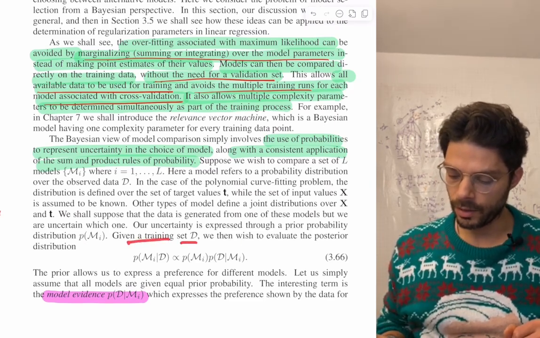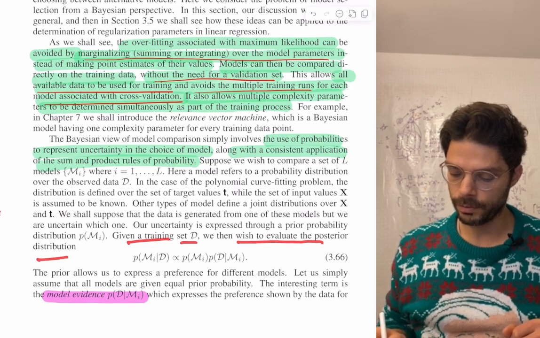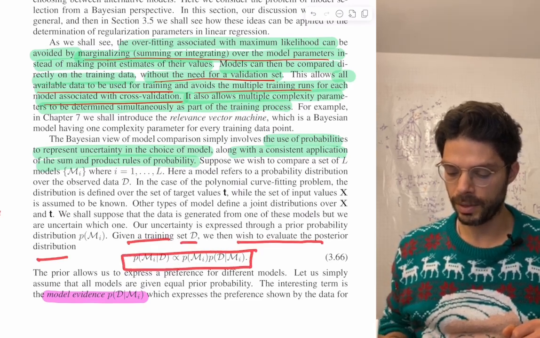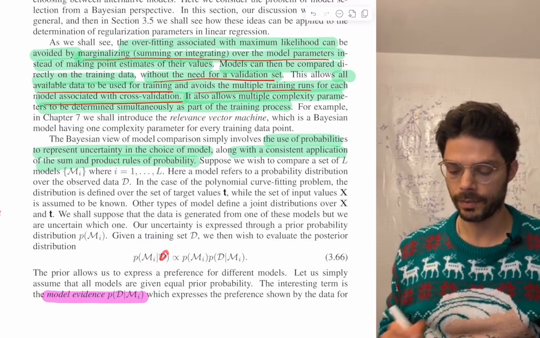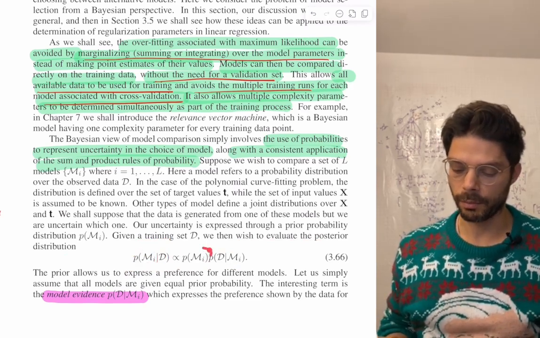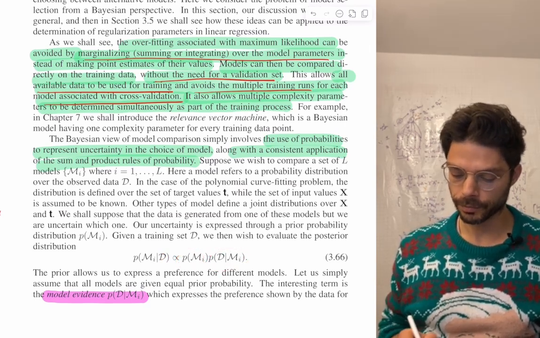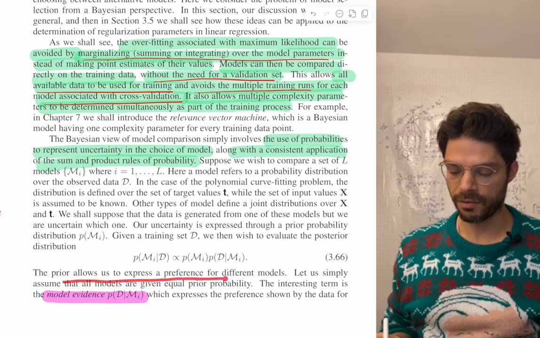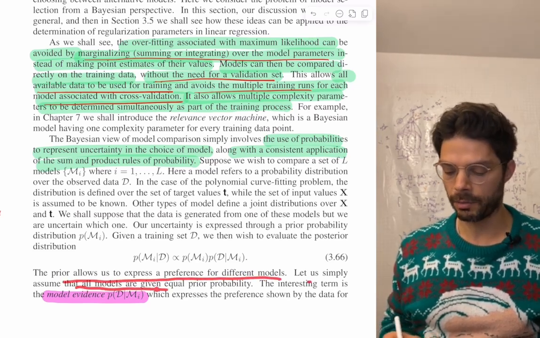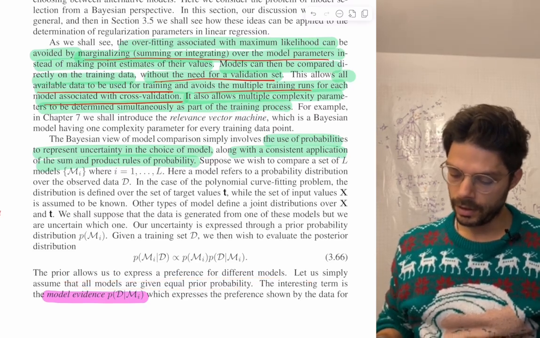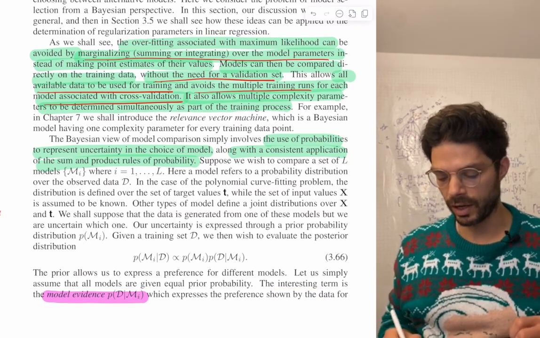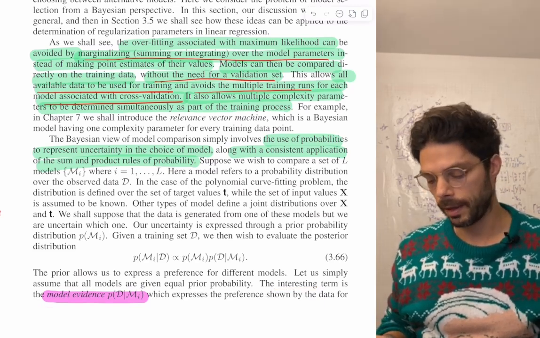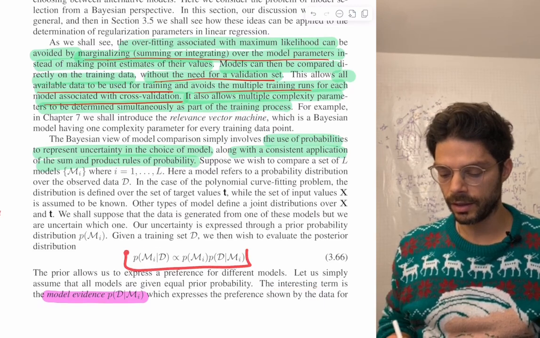So given a training data set, we then wish to evaluate the posterior distribution, that is, the posterior of my particular model given the data. And as usual, it's proportional to the prior times the likelihood of that model. The prior allows us to express a preference for different models, and let us simply assume that all models are given equal probability. The interesting term is then the model evidence. There's a bit of terminology you have to remember, but you can always look it up. The key is this expression,